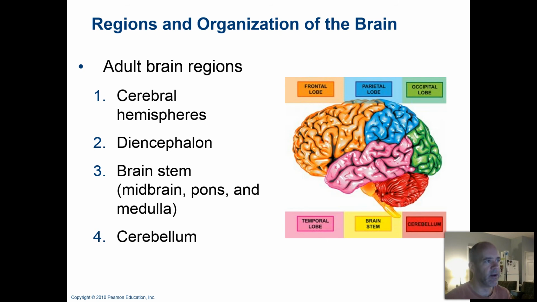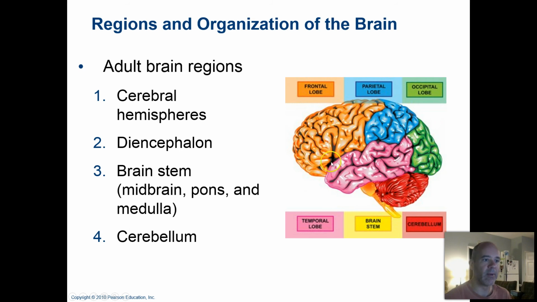Now, I will do a little bit of a brief overview, just kind of orient us for this particular lecture. The brain is divided up into four major areas, and the main part of the brain that you see here, and as we're learning about over on the anatomy side, is called the cerebrum. It's divided up into two halves called the cerebral hemispheres, so it's split right down the middle with a mid-sagittal section through the brain. The cerebrum is divided up into different lobes: frontal lobe, they're in blue, parietal lobes, occipital